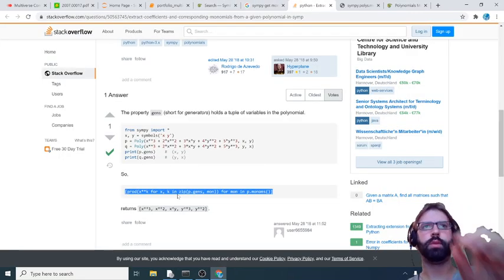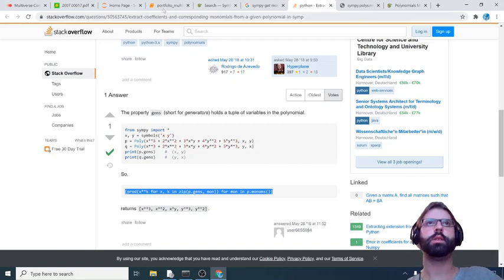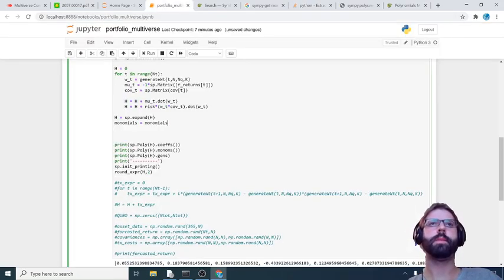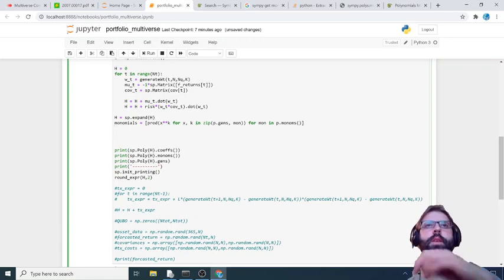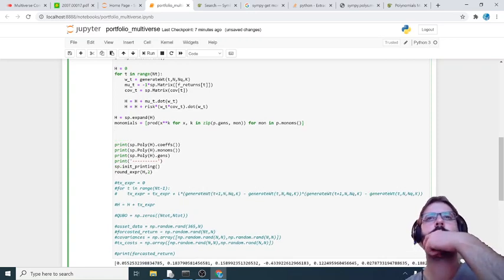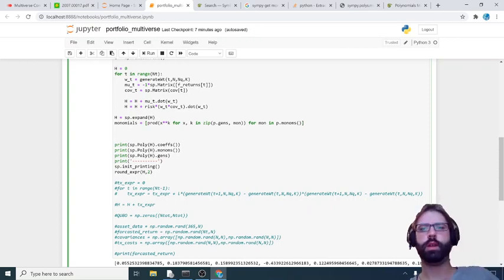So I had it right there. Good. I'll even do everything here. So finally we expand it, we turn it into a poly, and so now what we do is we do